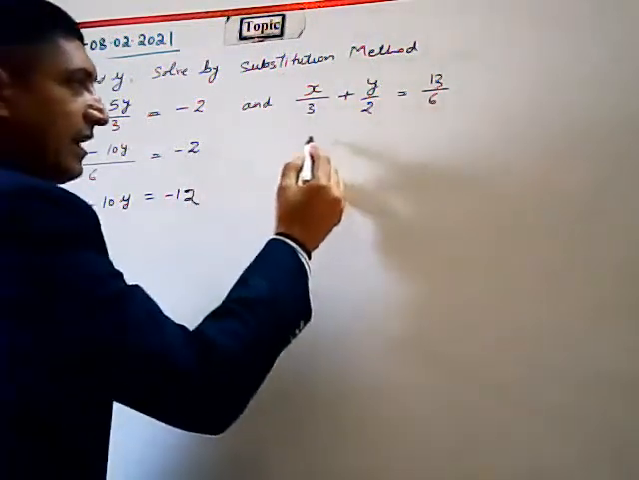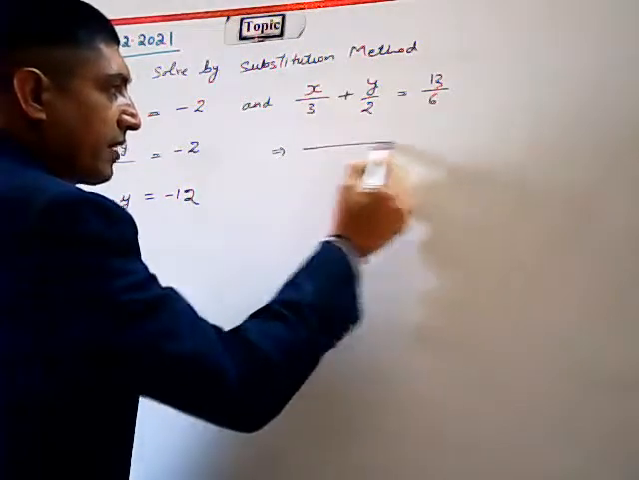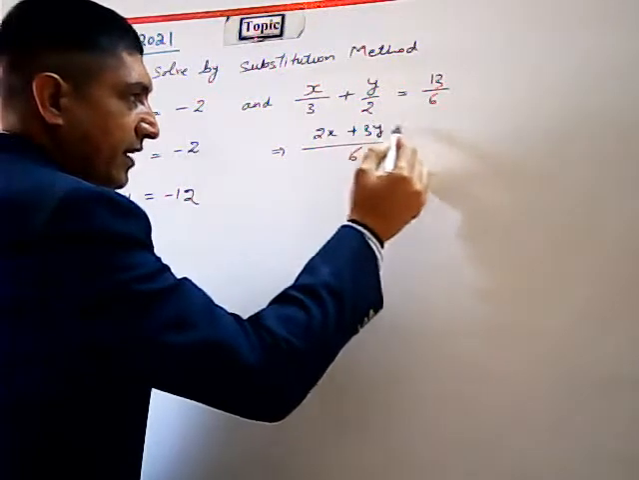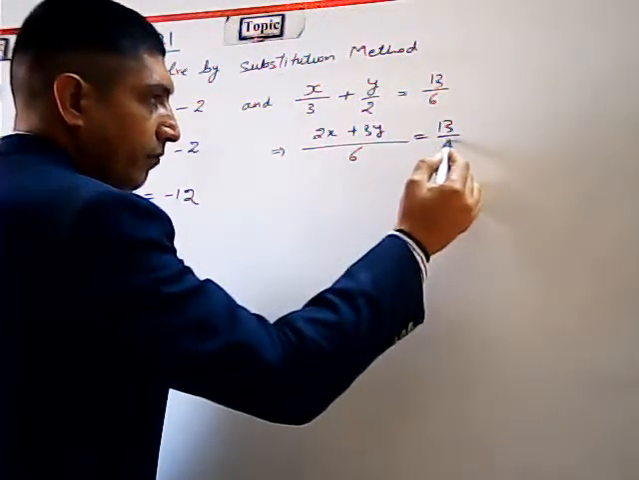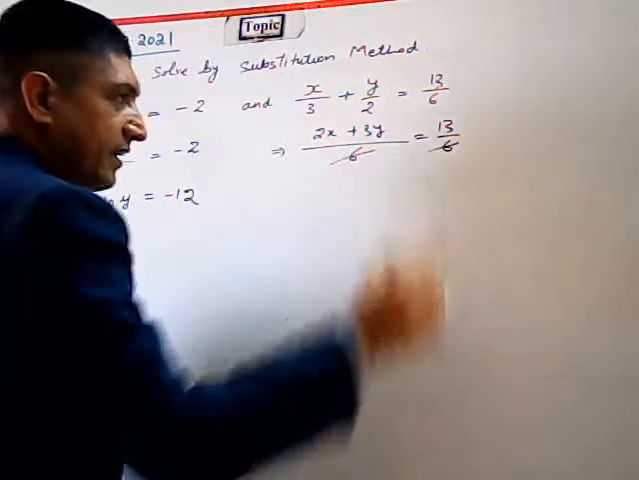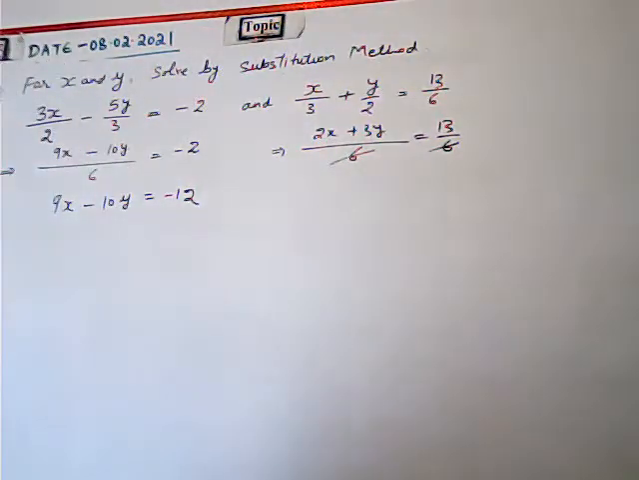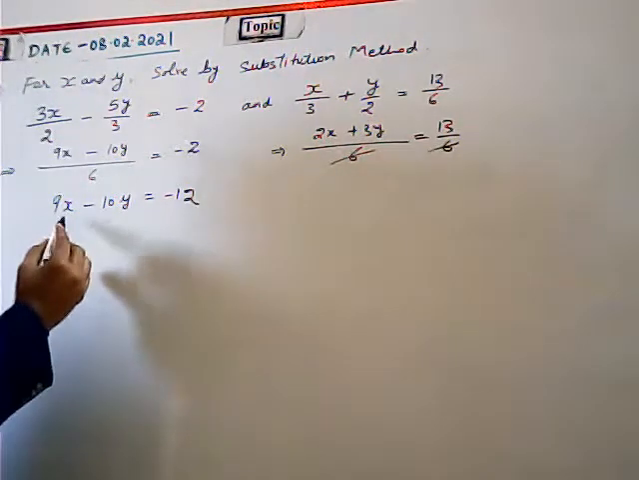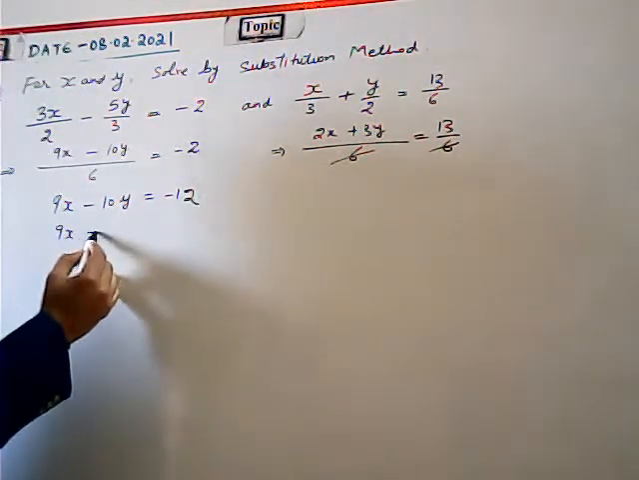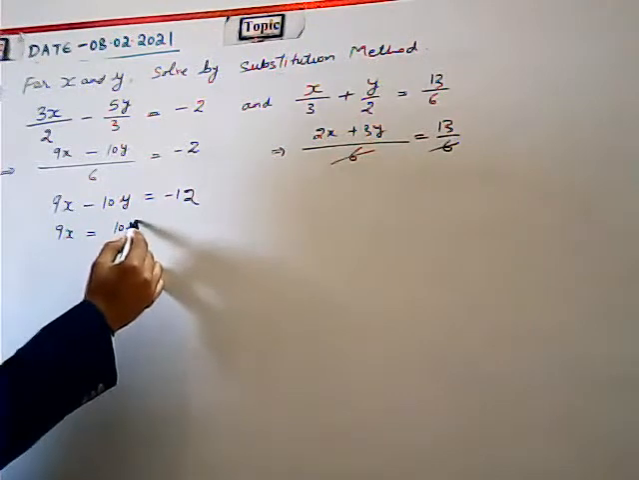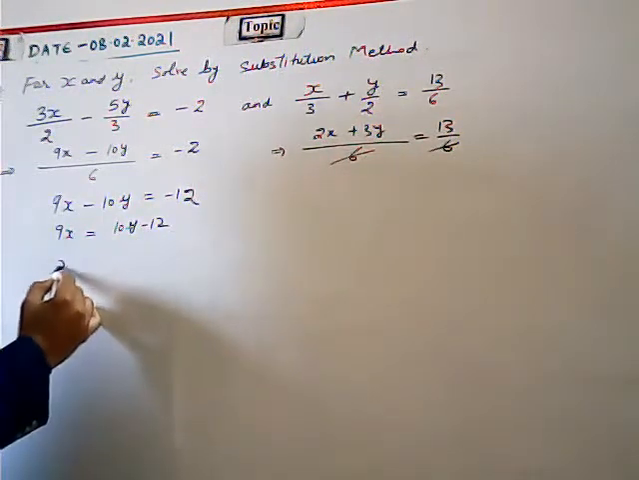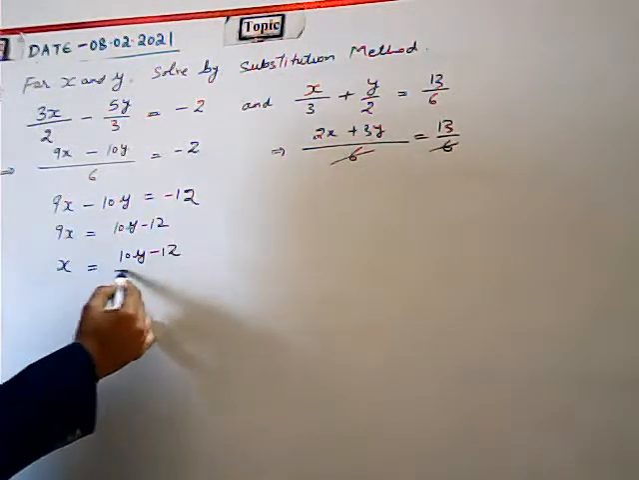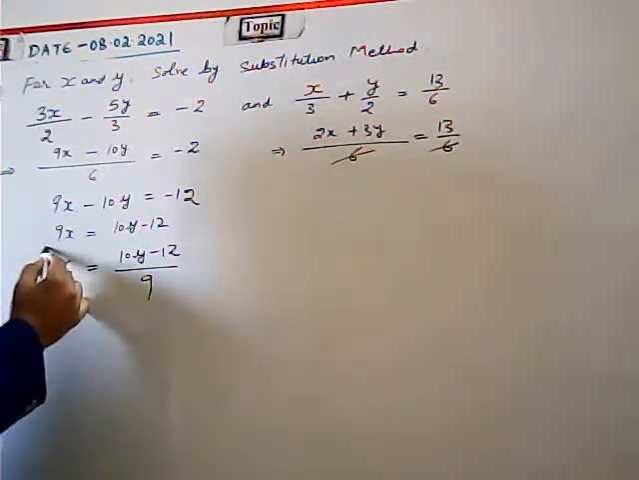Same here, LCM is 6, so it is 2x plus 3y, 6 and 6 get cancelled. So here we can write that 9x is equal to 10y minus 12, and x is equal to 10y minus 12 upon 9. So from equation 1,